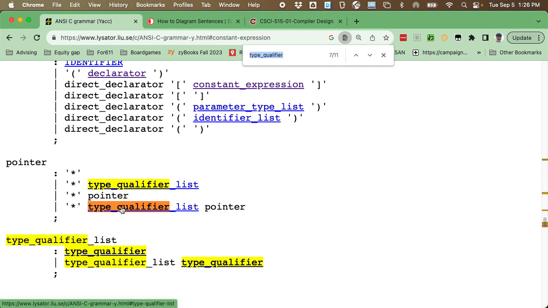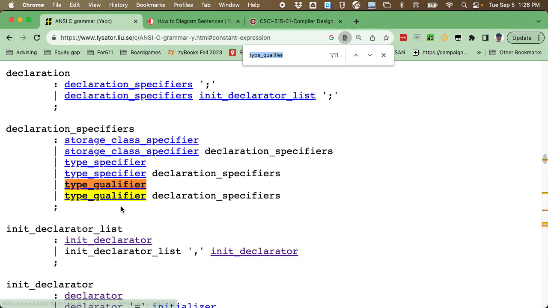It looks like that deals with pointer. We're going to see it in several places here. And then you have declaration specifiers. So a declaration specifier is going to be like int, const, int. So you see that it would be like something you would do in the action. If you got const int x, and then there would be an identifier. My guess is if we go to the declaration specifier,